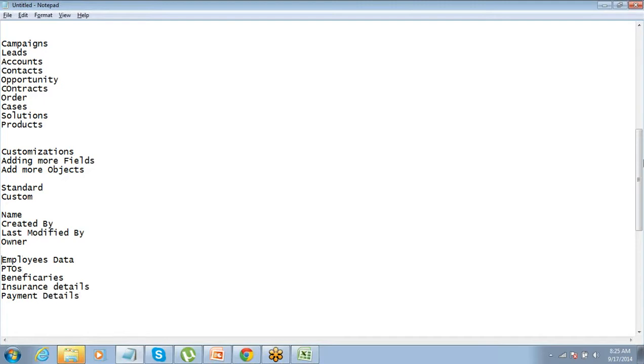So if I create 4-5 such objects which are related to my employee, will it not allow me to create a complete employee management system?